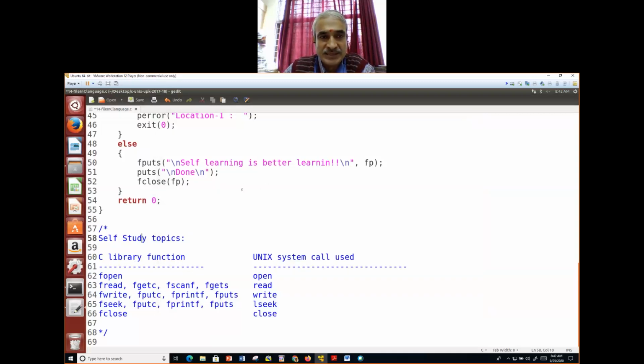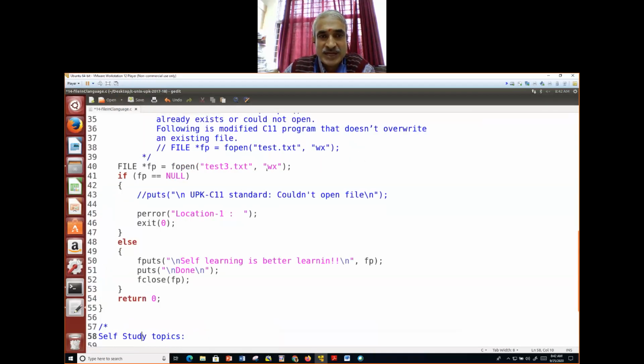It is not W. If you write W, you know what happens: it will position at the beginning and start writing from the beginning. So in place of this, I'll put A. I'll save this.